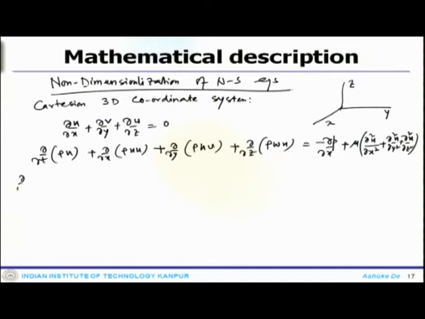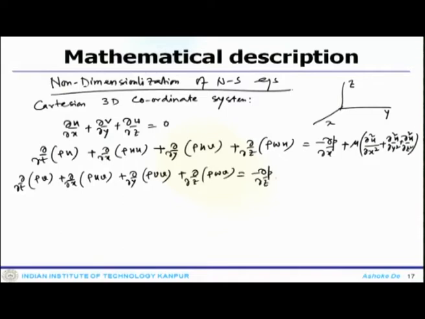Similarly, my y momentum equation would be del rho v plus del del x of rho u v plus del del y of rho v v minus del p del z plus mu del 2 v by del x 2